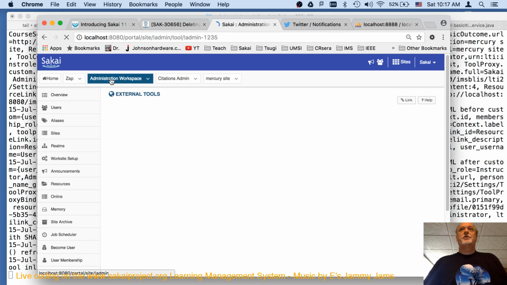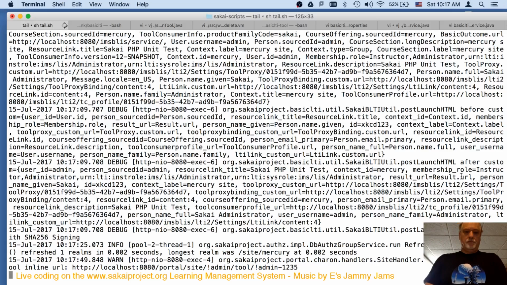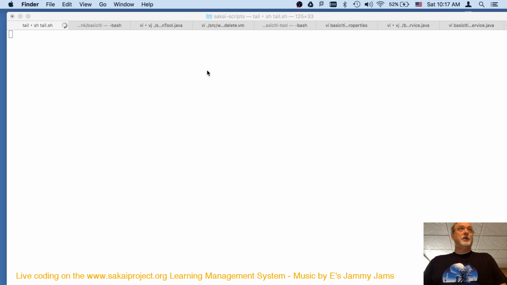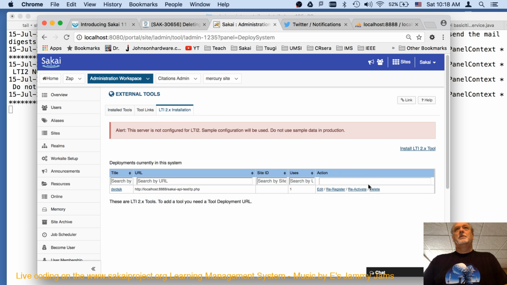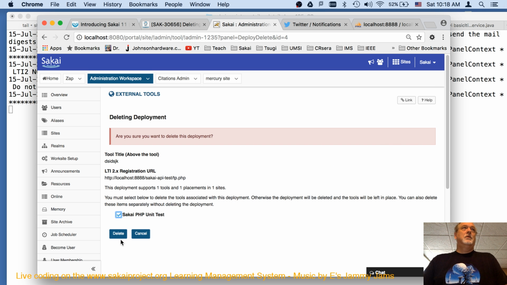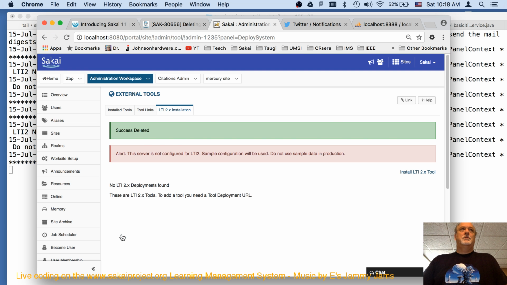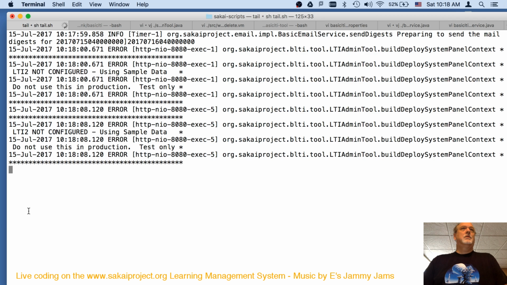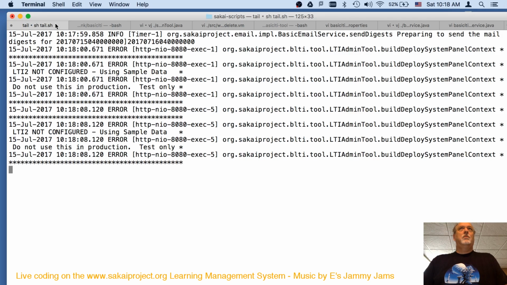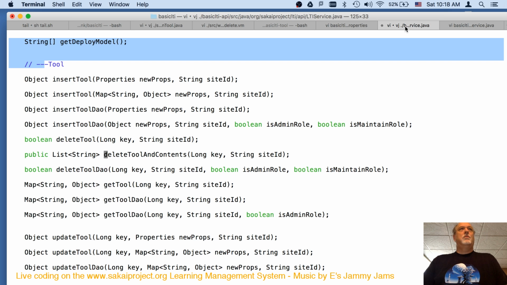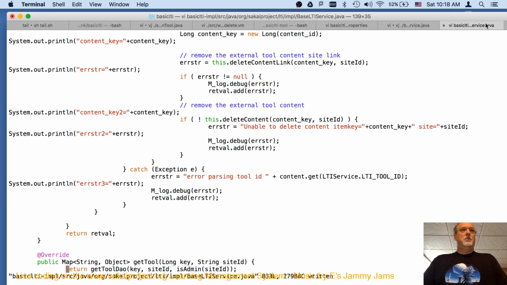So let's just go in and try to wipe it out. See how far we get in terms of those print statements. Whoa. None of my print statements come out. I saved it.